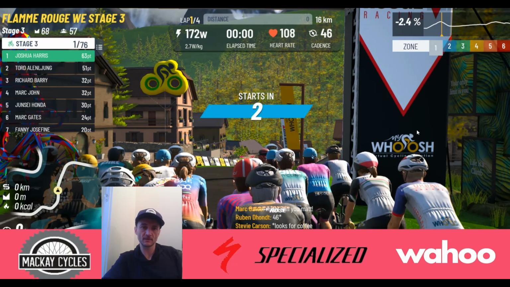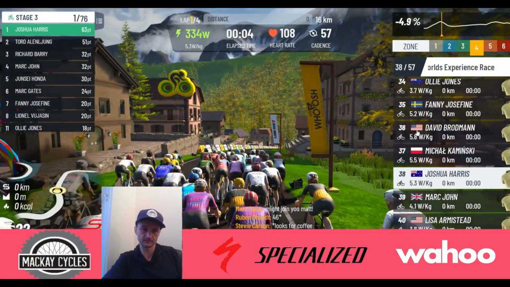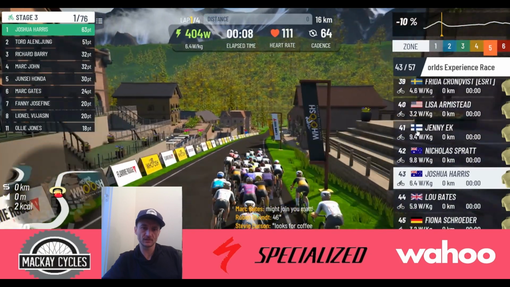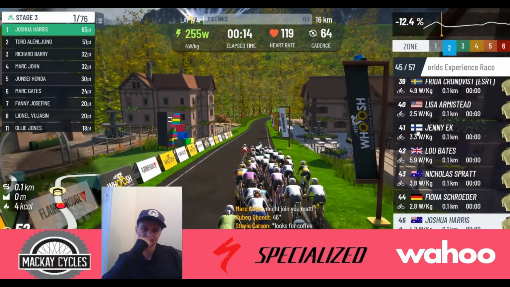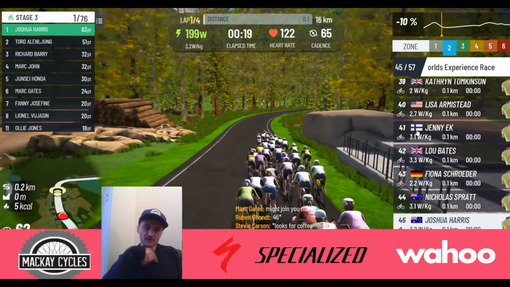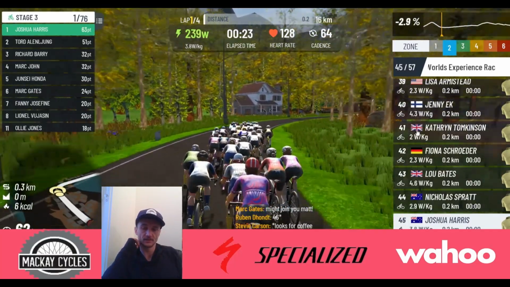Off we go, get the power up 3 seconds before the start, so it registers when the go button comes up. Difficult to try and position yourself on the downhill with everyone taking off. I thought I was this guy down here, but I think then I was actually this guy, so